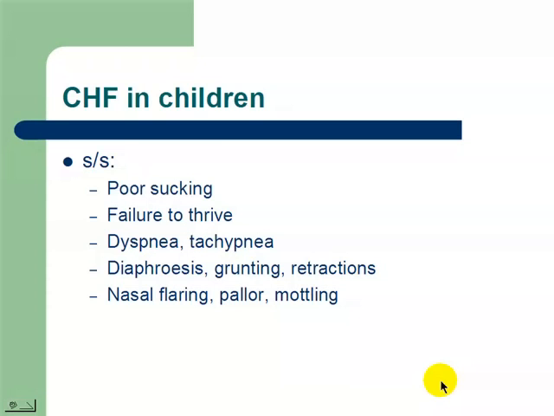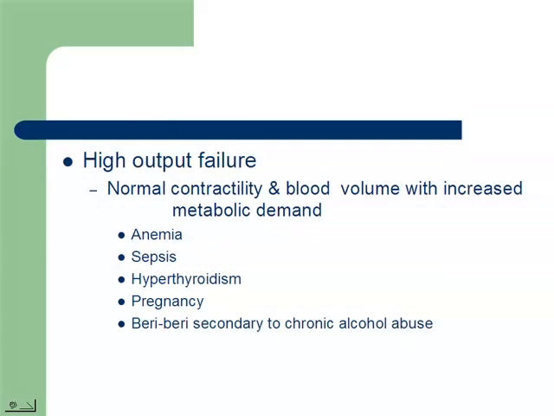A little bit more detail on CHF. High output failure is another possibility that occurs when you have normal contractility and blood volume, but you have an increase in your metabolic demand. This occurs if you have somebody who's anemic, because anemia requires the heart to beat faster to circulate the same amount of oxygen. Or if you have somebody who's septic, because the endotoxins and the bacteria cause initiation of the